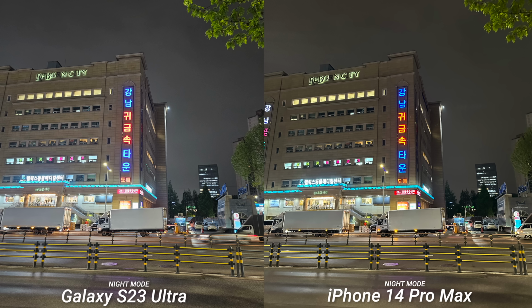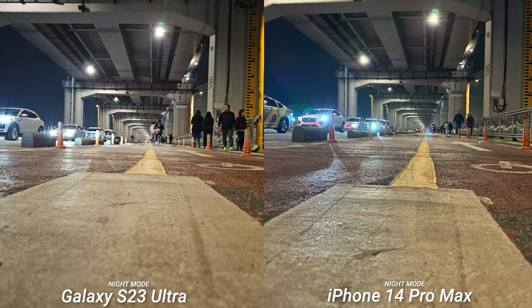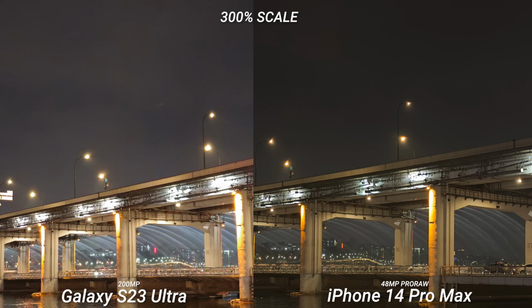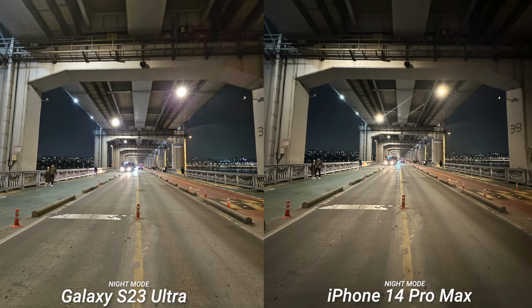Like any other camera comparison, I think the nighttime shots are going to heavily depend on what you want out of night mode. I can see exactly where Samsung is going with the processing, like with this 200 megapixel shot of the bridge versus the 48 megapixel Apple ProRAW. It's a more punchy and eye-catching interpretation, which I think the general public would pick in a blind test. You do lose some of the dynamic range again on the S23 Ultra, so that equates to smoother overall processing on the iPhone, but I think we have learned that brighter and more colorful is usually the winner with the